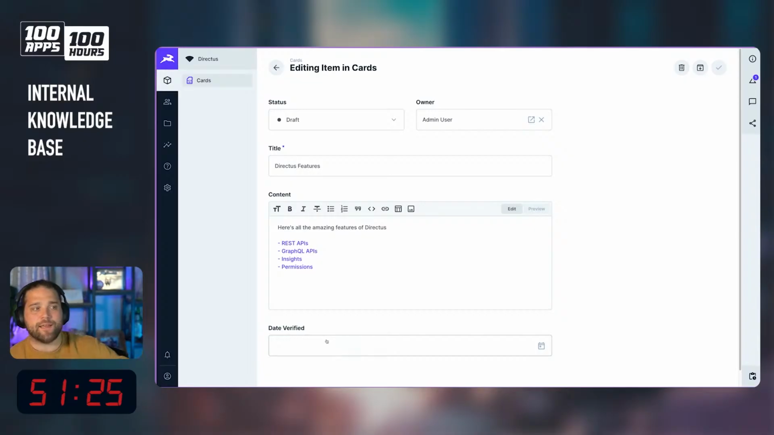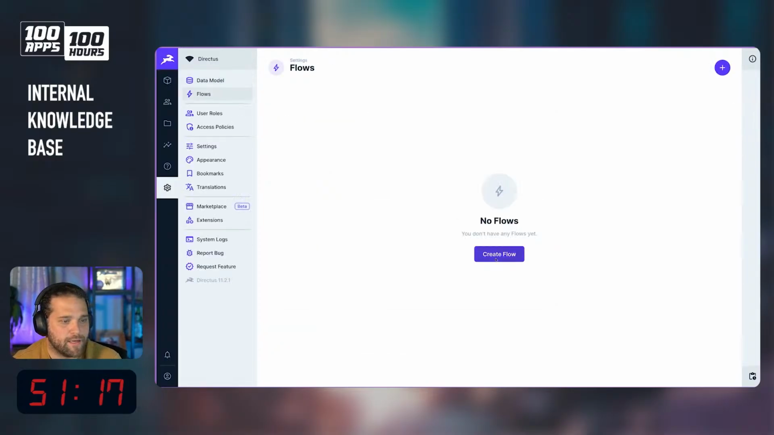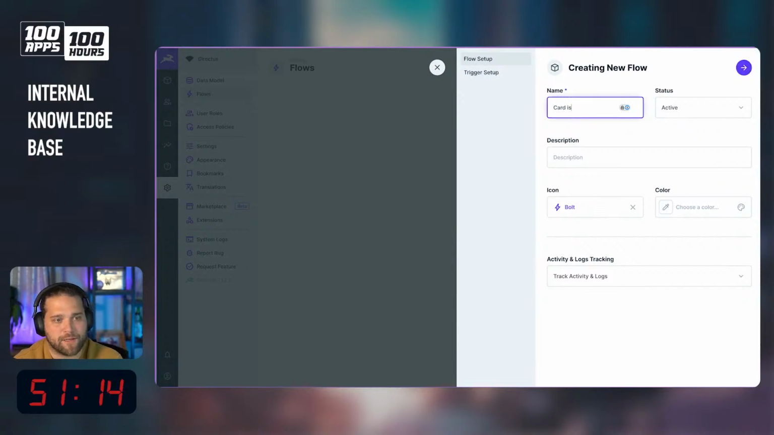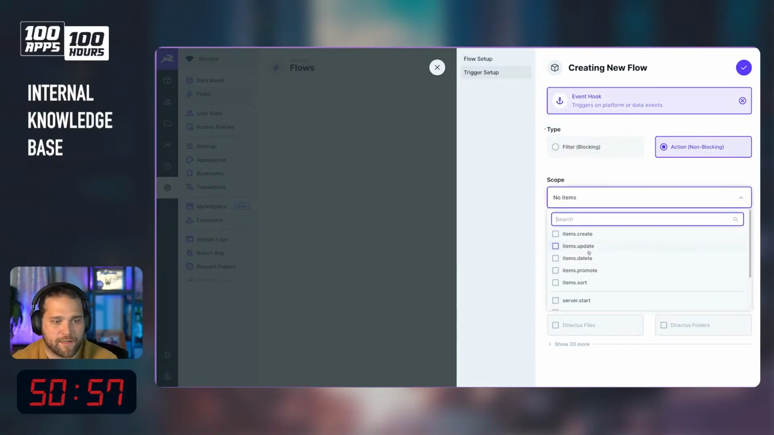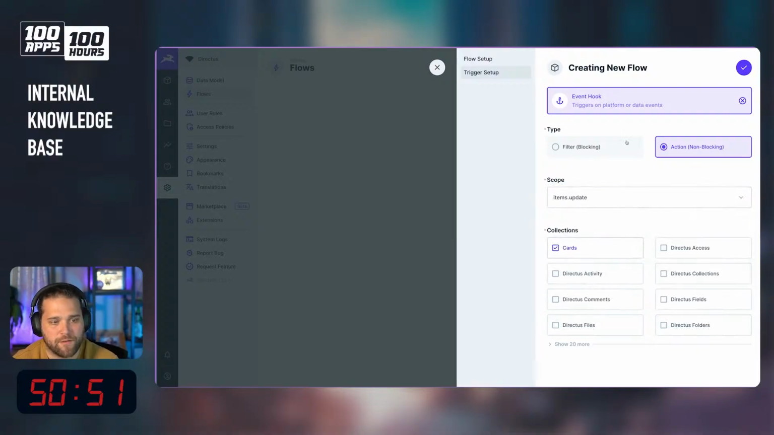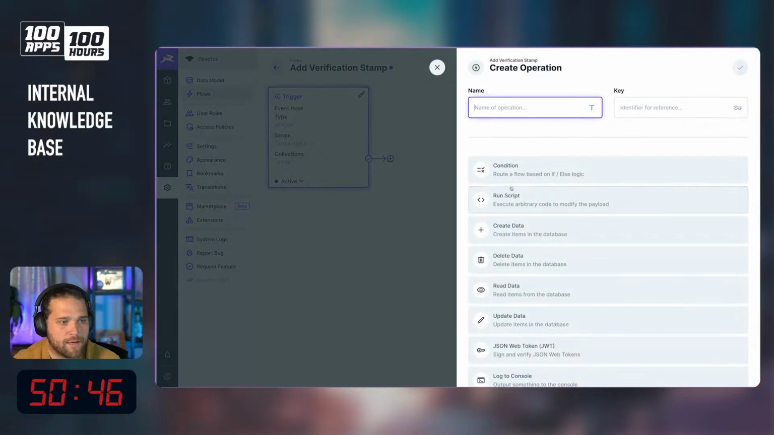Let's add just a hook to this using some flows to automatically populate the date verified, right? So anytime I verify a card, let's say a card is updated or created. Card is updated, created. We could call it add verification stamp, right? And basically, anytime a card is created, or let's just say updated at this point, because the default should be draft state for all of the cards. Anytime a card is updated, let's go in